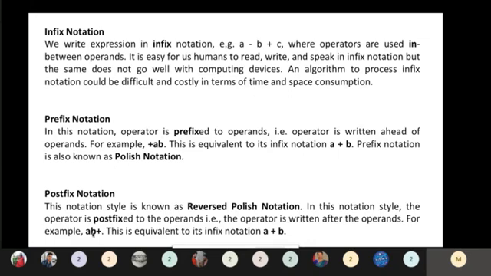Given an expression statement, that is any arithmetic expression, if we want to represent it in infix form, we have to follow the rule that the operator is placed between the operands. In prefix notation, first we focus on the operator, followed by operands, whereas in postfix notation we have the operands first, followed by the operator. So in total we have three types of notations available, which we should follow in order to perform operations on the data structure.